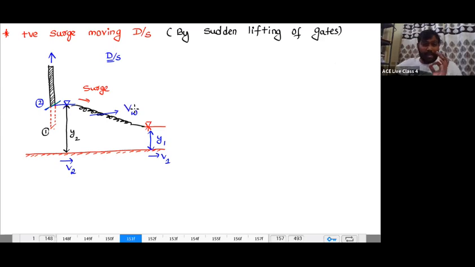So what is happening over here is, due to sudden lifting of the gate, just next to the gate, the water level rises from Y1 to Y2, and that water level will travel towards the downstream side with a new velocity known as VW, and finally meets the initial water level Y1. Okay. So don't think the flow is from Y1 to Y2. The flow is everywhere initially Y1. Now due to sudden lifting, the water level rises to Y2, where VW is